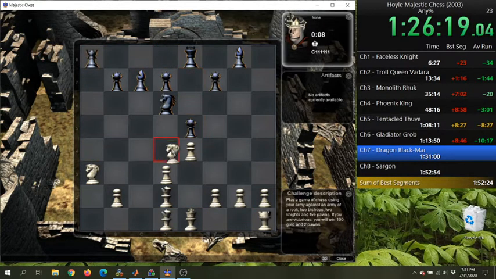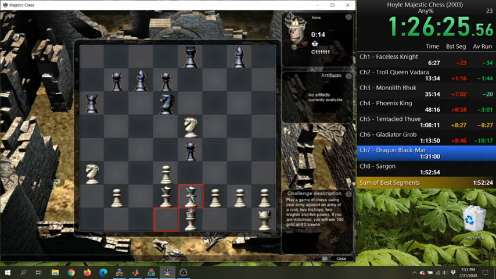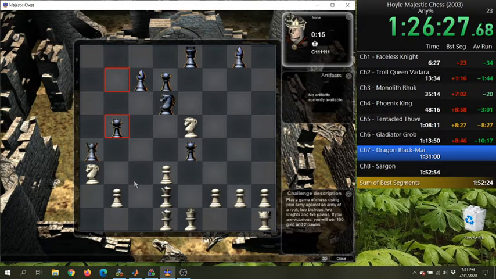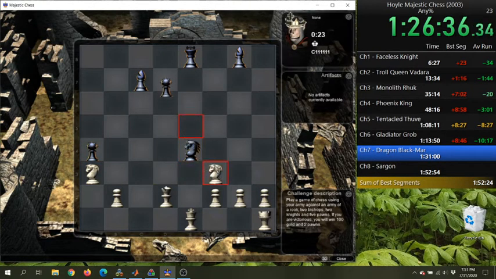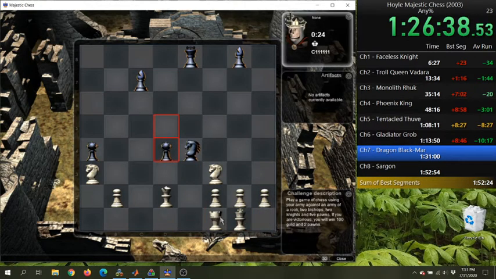Then we'll give up this pawn. And this pawn. Oh, I guess that's more of a trade, really. And then, yeah, through this exact sequence, you get it to give up the exchange, too. Which is pretty nice, to be honest.